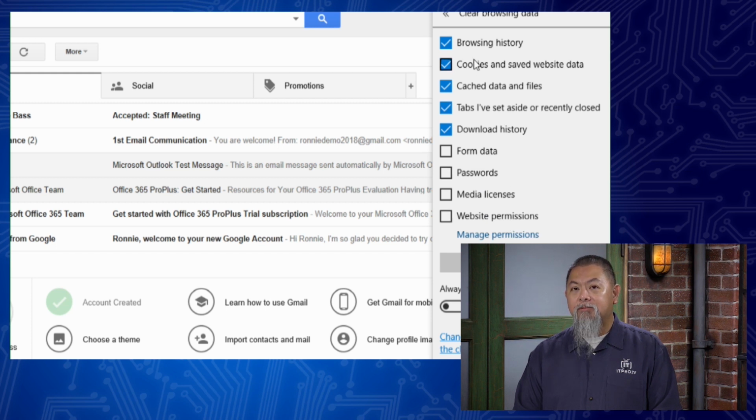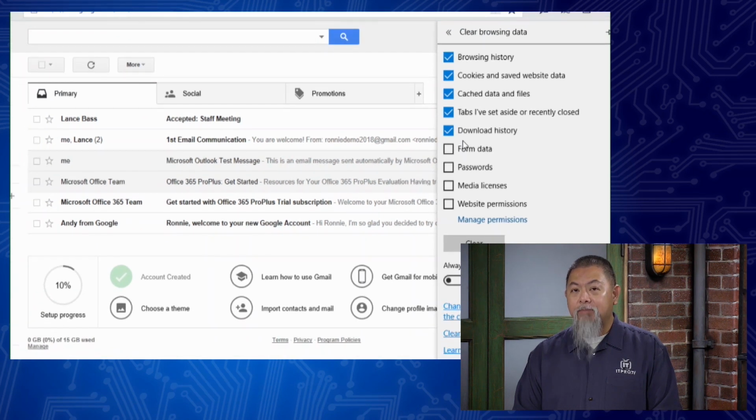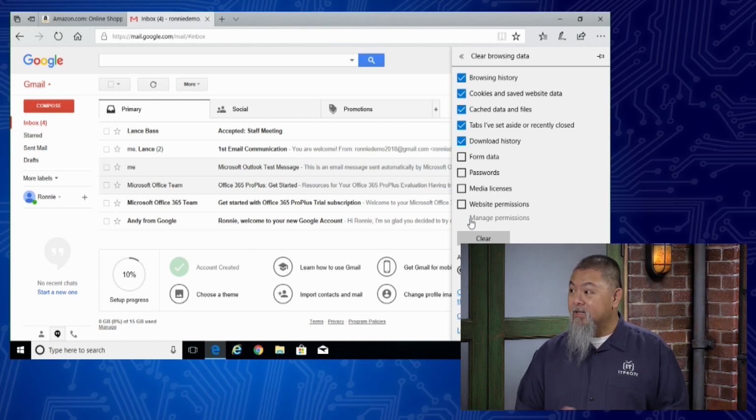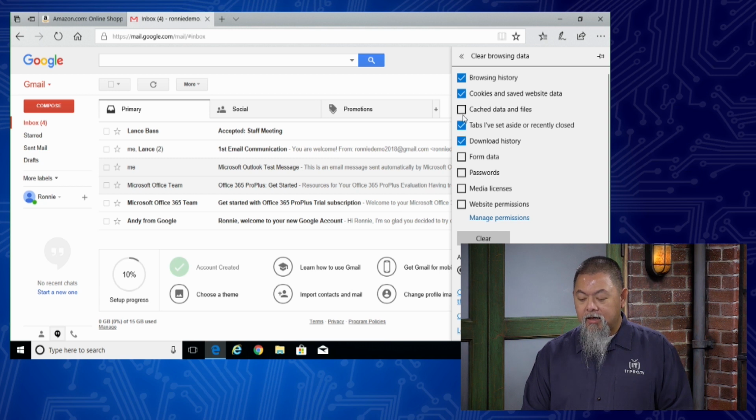And if I wanted to clear that out by default, it says, hey, I'll clear these out. So these are actually the ones that are checked. But notice the things like passwords and form data are not checked here, so it will actually keep that. Now you might be wondering, why do I want to clear that out? You may not want to clear out all that stuff, but this is where you can pick and choose what you do want to clear out by simply putting a check mark there to do so.